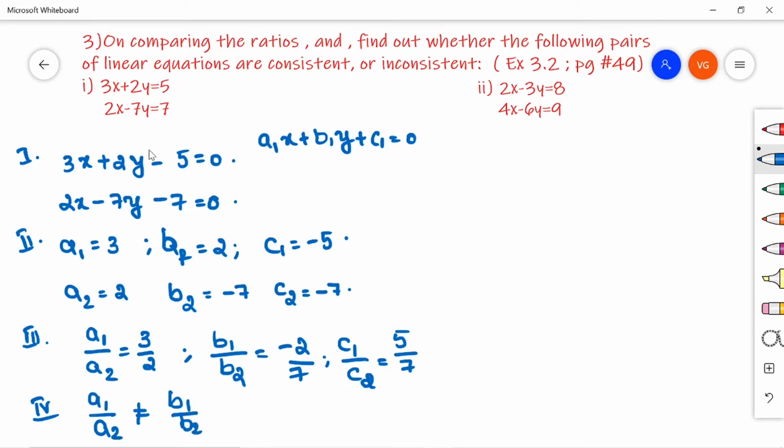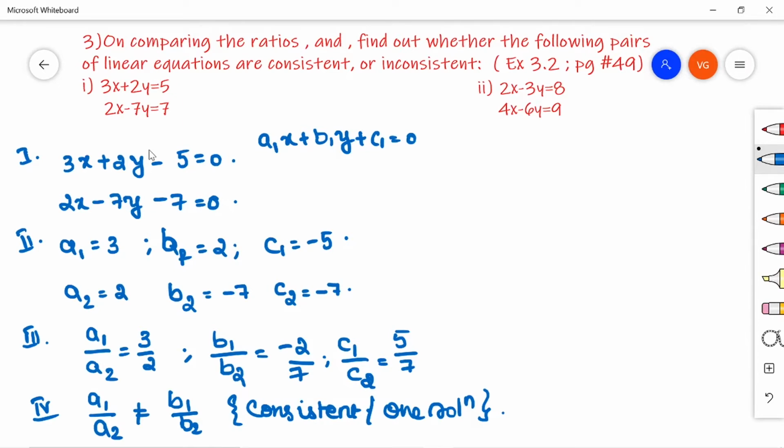So this pair of linear equations has a unique solution, that we say is consistent, or you have one solution, or it is intersecting lines, right? Now going with the second problem,